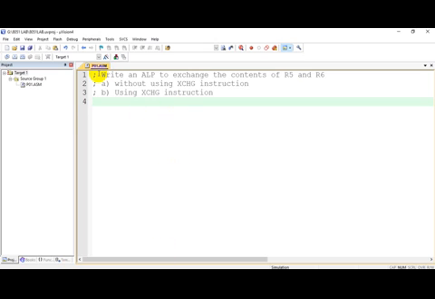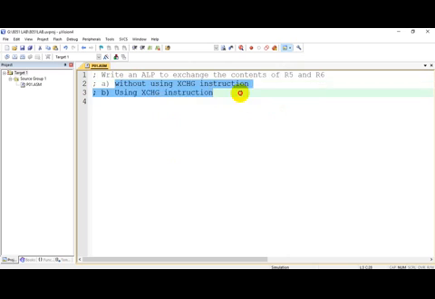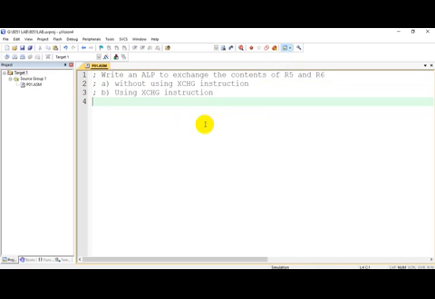The next program is: write an assembly language program to exchange the contents of register R5 and R6. The sub questions are: A, you are not supposed to use the exchange instruction; B, using an exchange instruction. So let's try the first one, that is